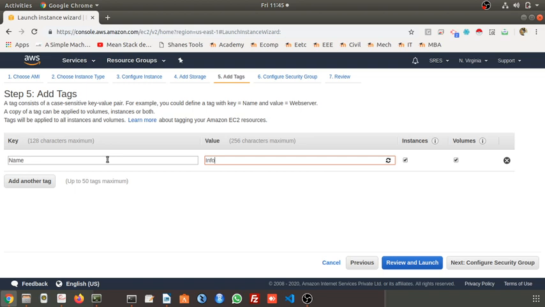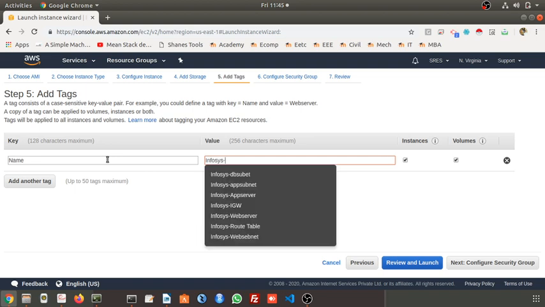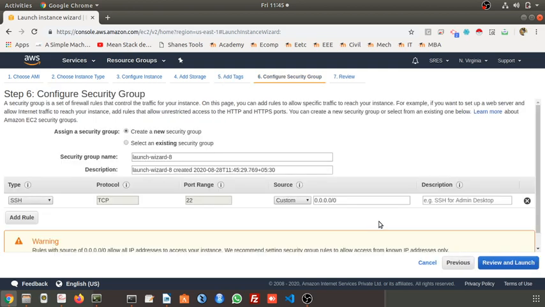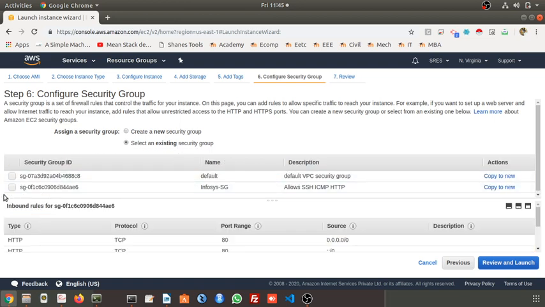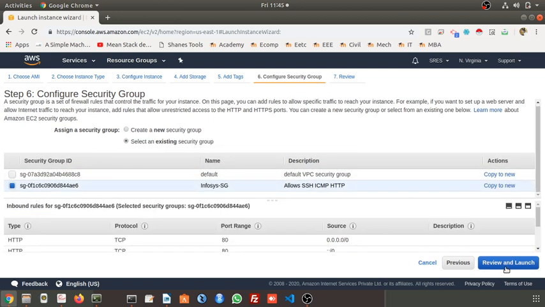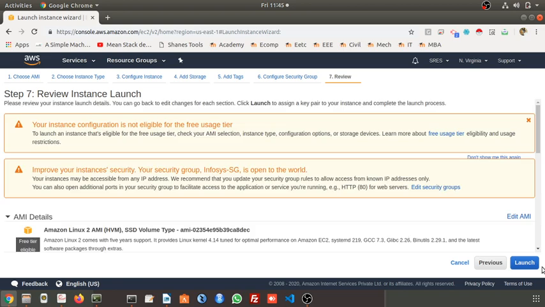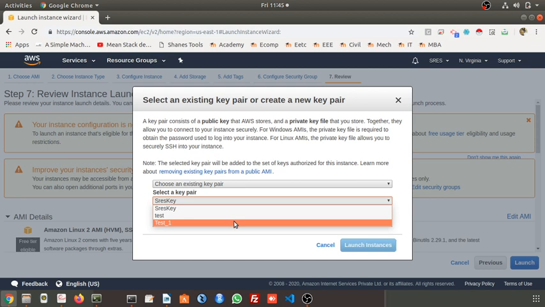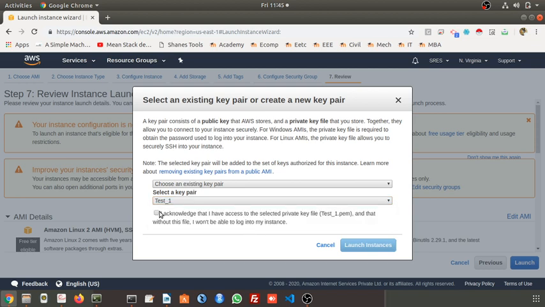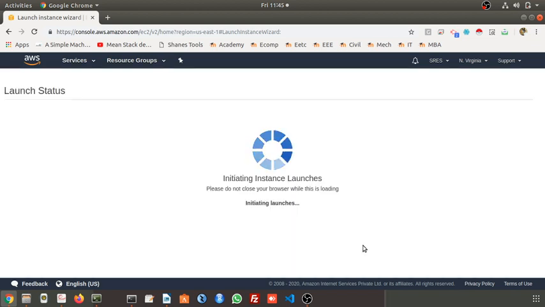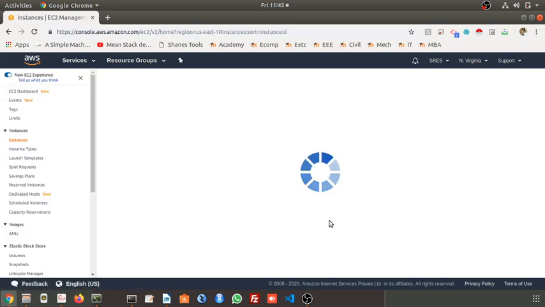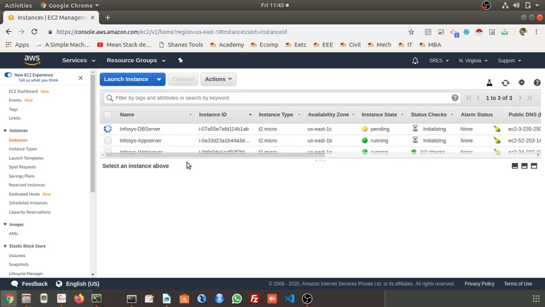It is not compulsory, but it is better to write it for our understanding. So this is the database server, and you have to select this security group. I'll use the Infosys security group. Review and launch. Again, it is also not free. Select the private key pair. I'm using the same key pair for all these systems. View instances. So now 3 instances are ready.